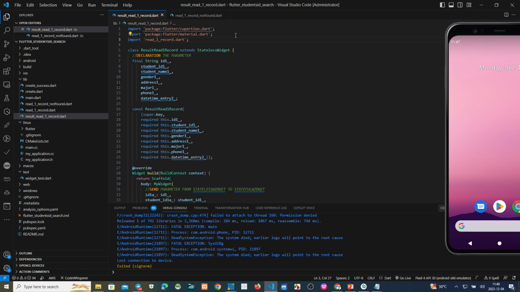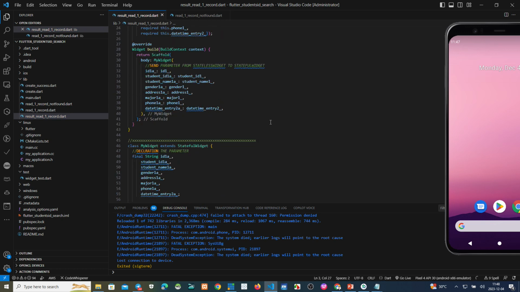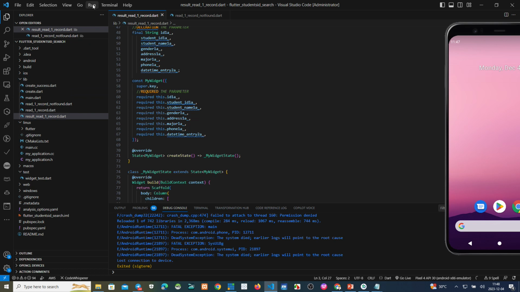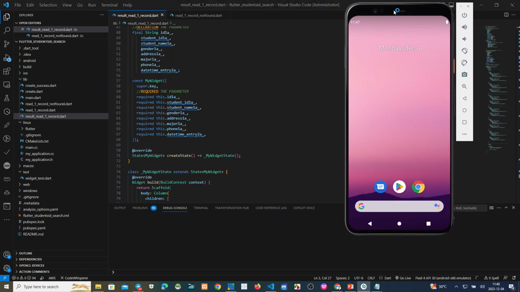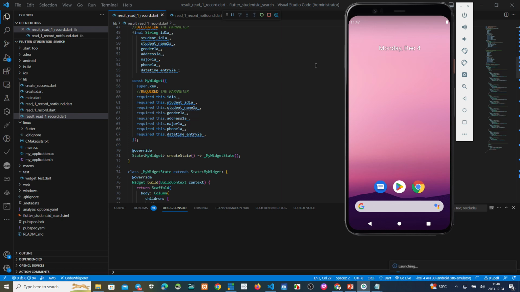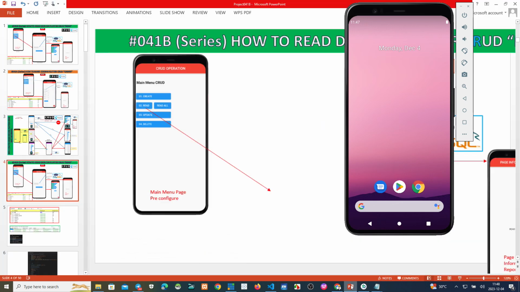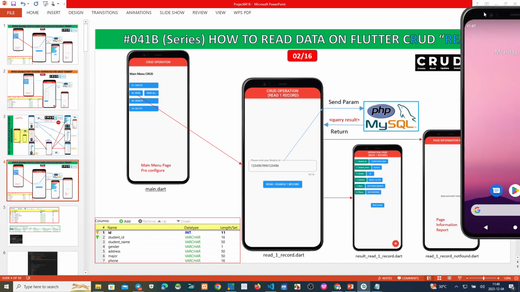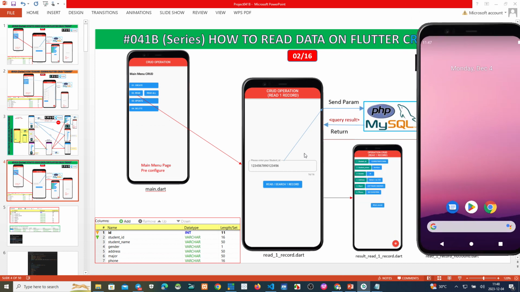Okay, save. Okay, no error. Now we try to start debugging. Okay, maybe this takes one minute. Okay, this one.